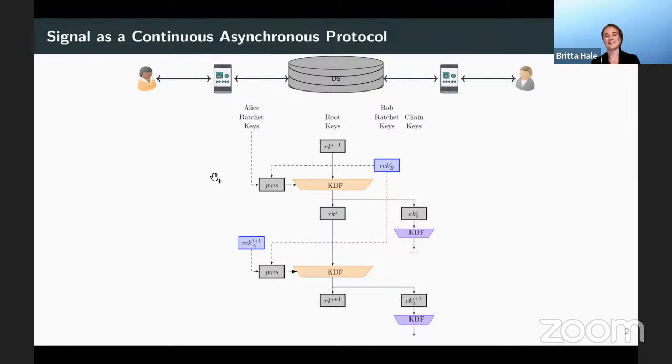All right. So we're back to Alice and Bob, and we've got a distribution service in the middle supporting this asynchronous key exchange. So far, so good. These sessions are often lasting for months or even years. So it's a continuous long-lived session. And that raises some questions about authentication, because in a normal key exchange protocol, parties will authenticate at the very start of the protocol. So how do we do this in Signal, for example?